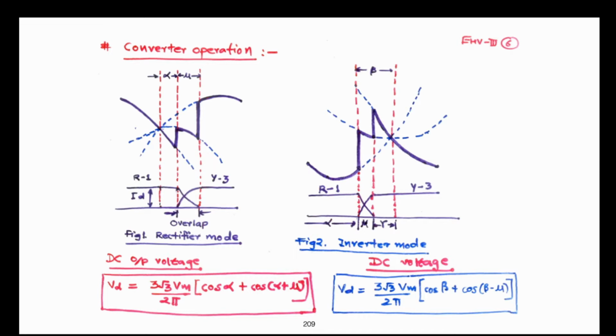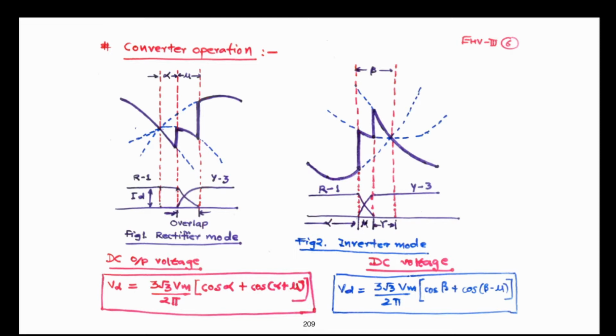In order to have clarity, we are just going to revise some basic ideas about the converter operation related to the DC voltage output and its dependence on the firing angle, delay angle, and extinction angle, and all those concepts. We learned these concepts in power electronics in earlier semesters, but we require revisiting them here for clarity and better understanding.